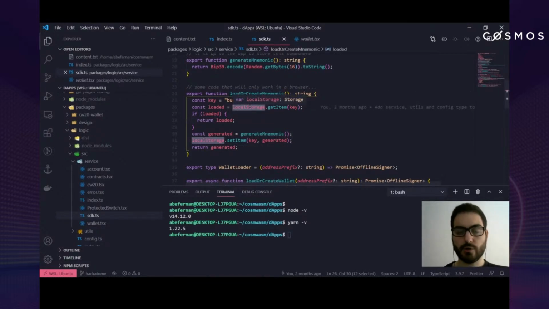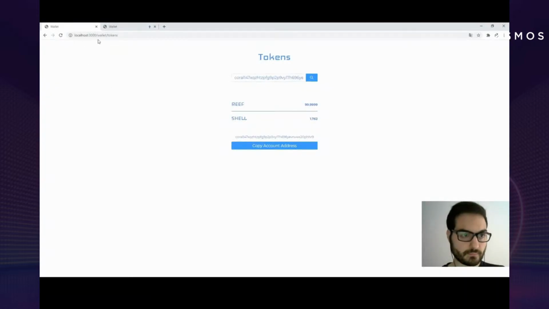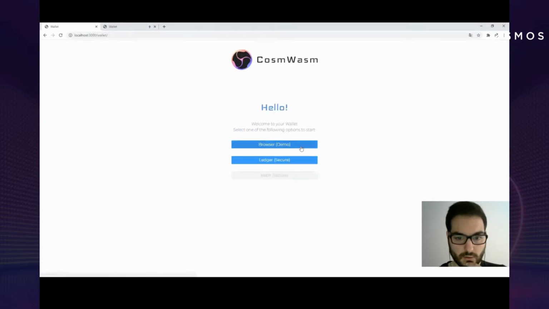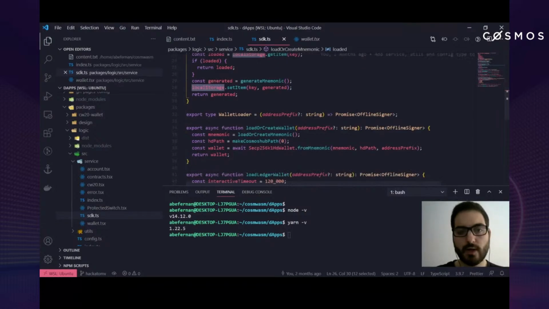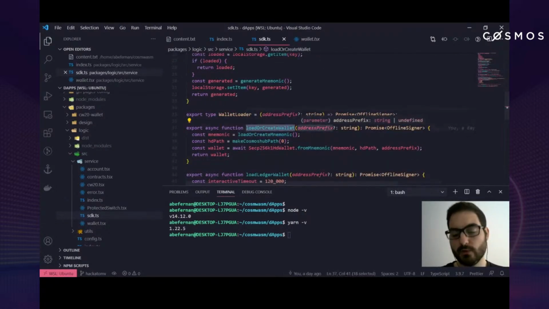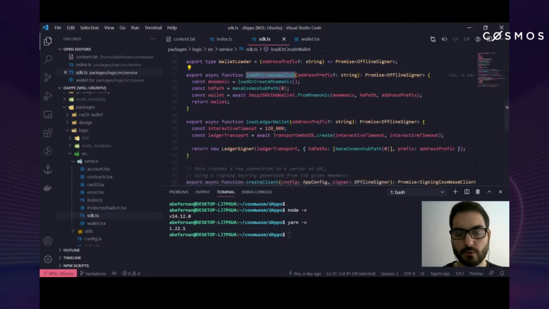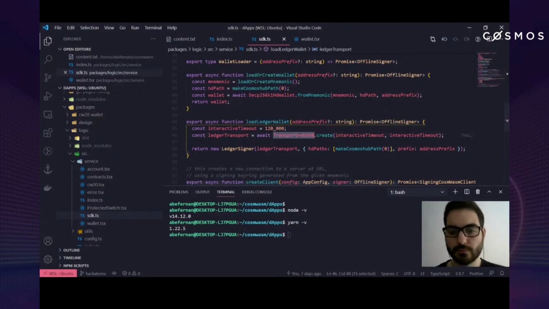This is the part where in the login you click on browser here. You go to login. This would be the load or create. And this is used by the load or create wallet, which is an option for logging in with a wallet. And the other option would be loading the ledger wallet, which uses the transport web USB